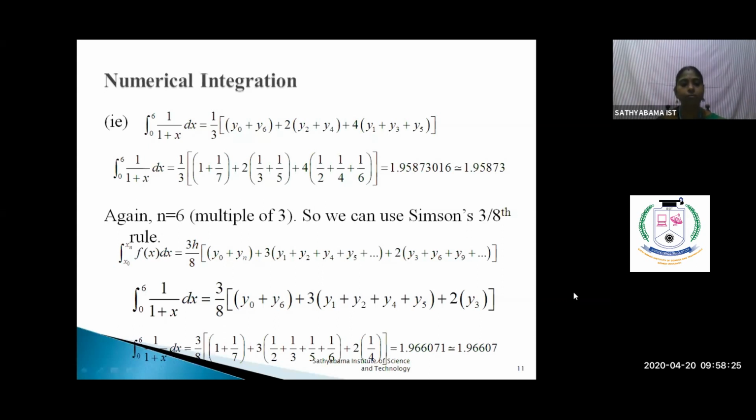And since h is 1, we have written 1 by 3 times 1 plus 1 by 7, that is y0 plus y6, plus 2 times y2 is 1 by 3, y4 is 1 by 5, plus 4 times y1 plus y3 plus y5. And after calculating that, you are getting approximately the answer